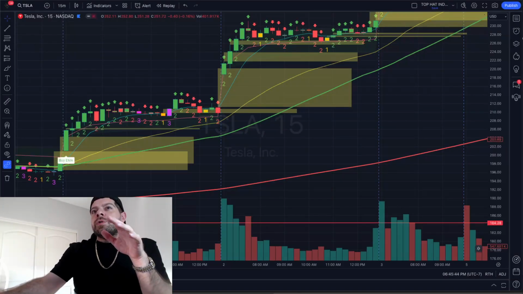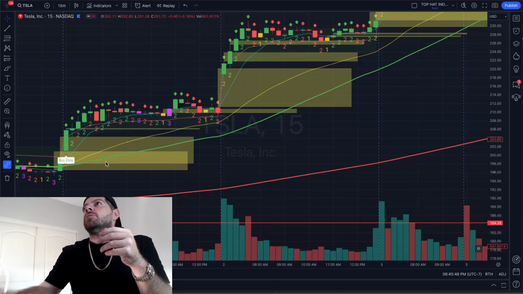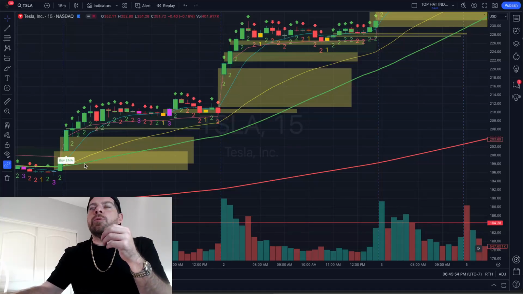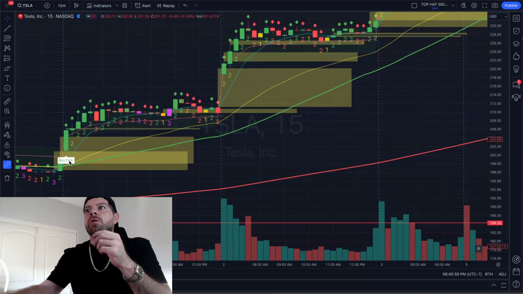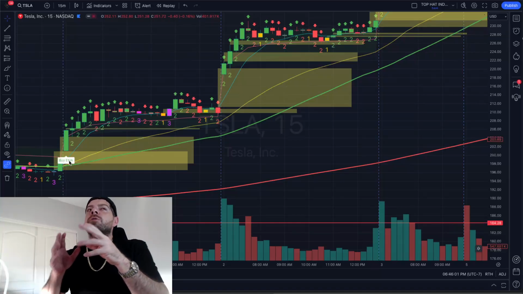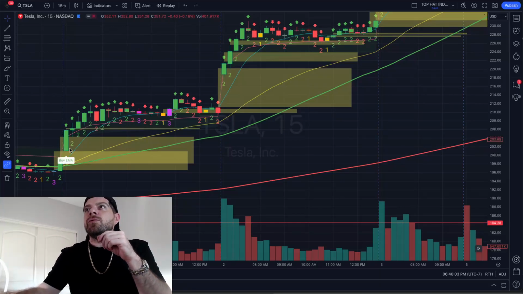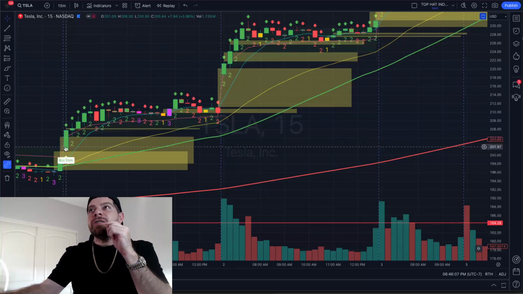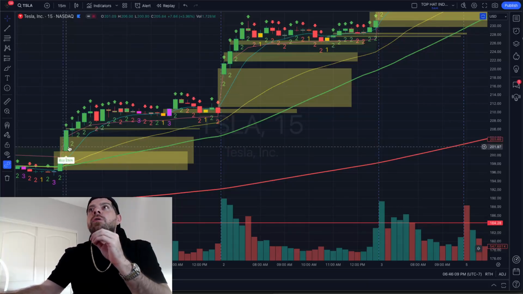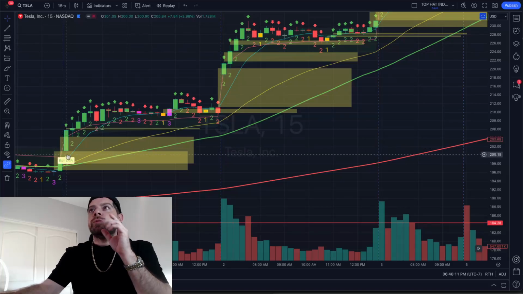So here we are looking at a Tesla 15-minute chart. As you can see, we already have the indicator on the 15-minute chart that states a buy EMA, meaning that we are going to take this position long. Now, anytime this comes up, you have to wait for this full candle. Each candle here, since we are on the 15-minute, must complete